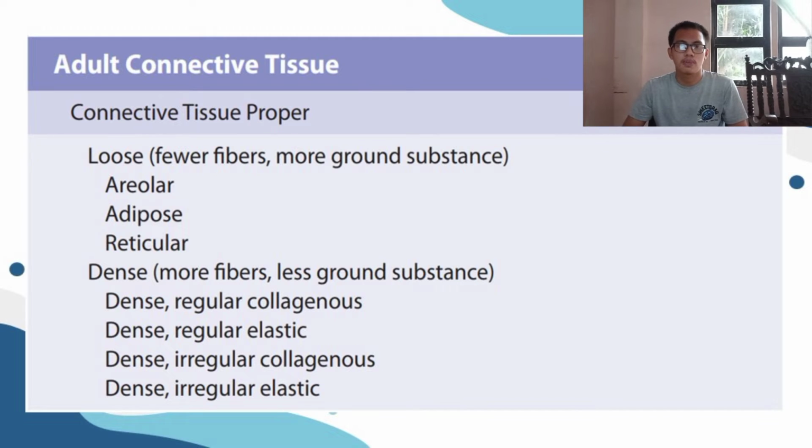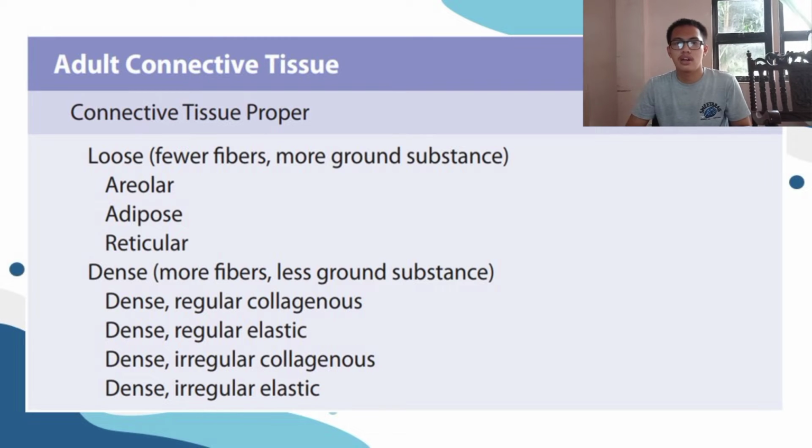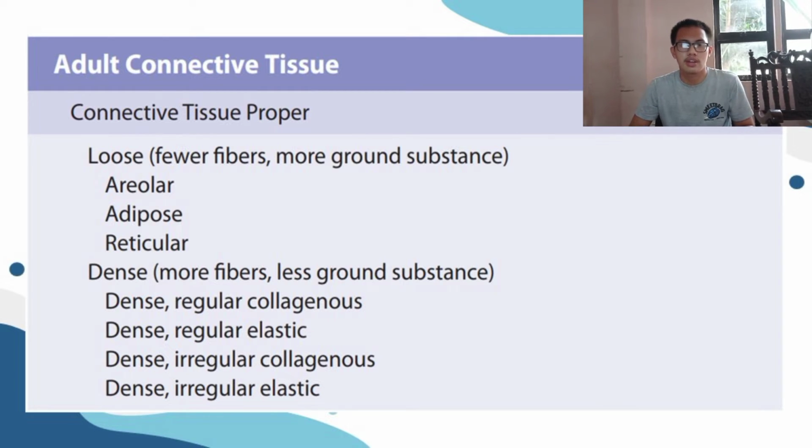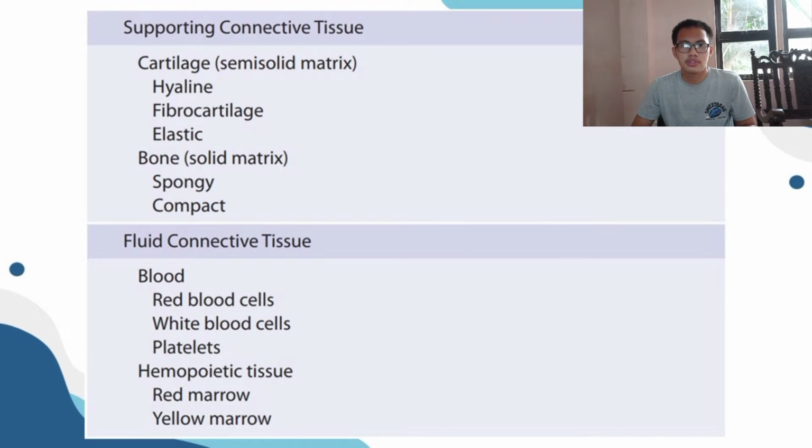Under loose connective tissue proper are the areolar, adipose, and reticular, while the dense has the dense regular collagenous, dense regular elastic, dense irregular collagenous, and dense irregular elastic. Supporting connective tissue consists of cartilage, which has a semi-solid matrix, and bone, which has a solid matrix. Under cartilage are the hyaline, fibrocartilage, and elastic, while bone has spongy and compact,